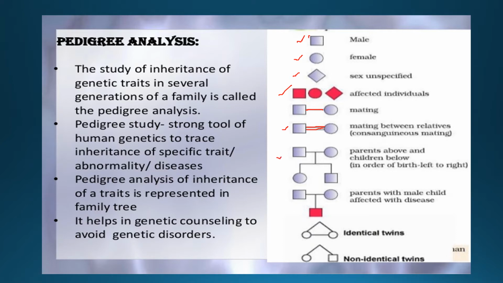Here, if you see this simple pedigree, this is the father and mother, and they have two offspring, a female as well as a male. So this is the construction of a simple pedigree chart, or a family. In this family, the father and mother have a son who is affected. Here, two circles represented like this means they are identical twins, because both are females. In the other case, one is female and the other is male, so they are called non-identical twins.